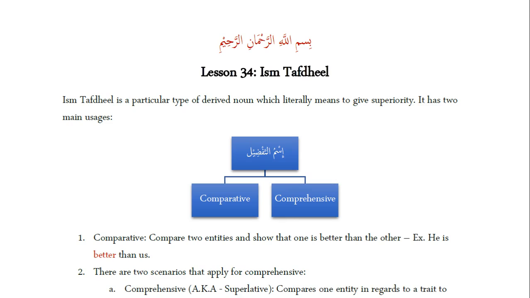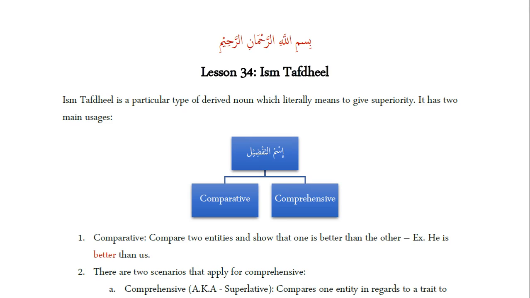So we're going to go into lesson 34 where we're going to be covering Ism Tafdheel. I think this might be our fifth or sixth derived noun that we're looking at. Just as a review, derived nouns are essentially nouns that are taken from verbs and they're placed on a particular pattern. Right? And then through that pattern we produce different meanings, whether it be turning something into a tool by